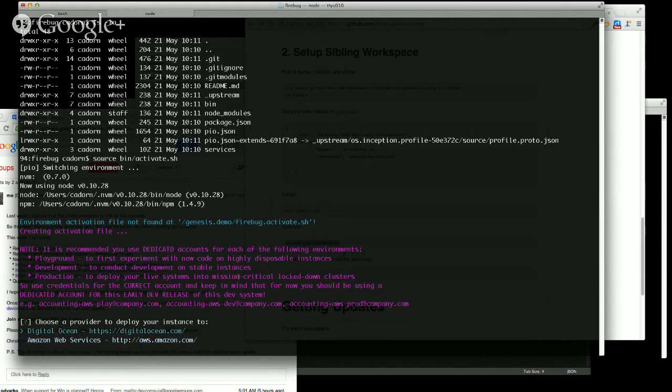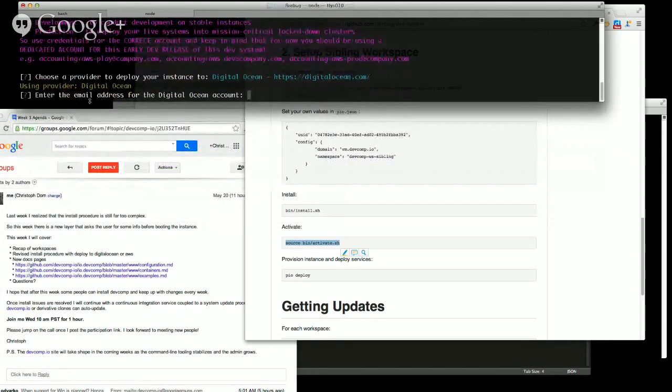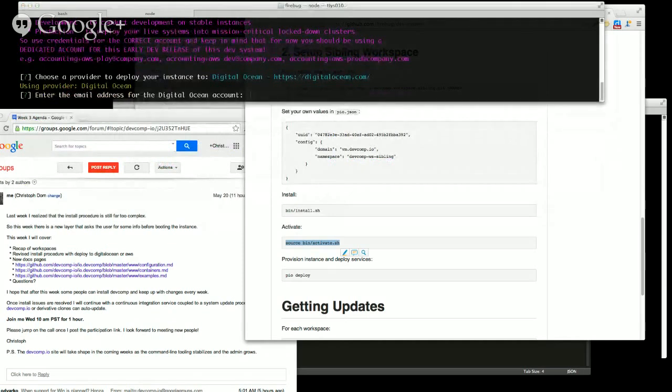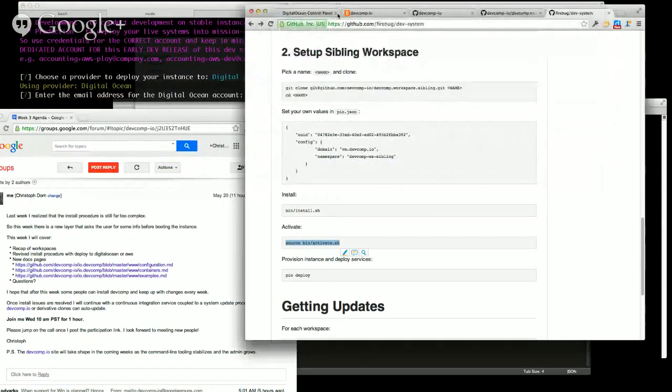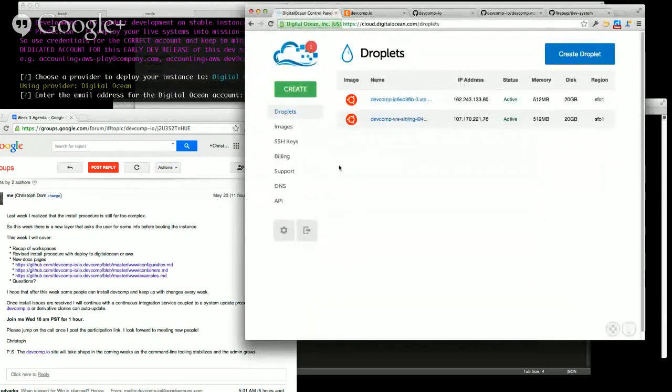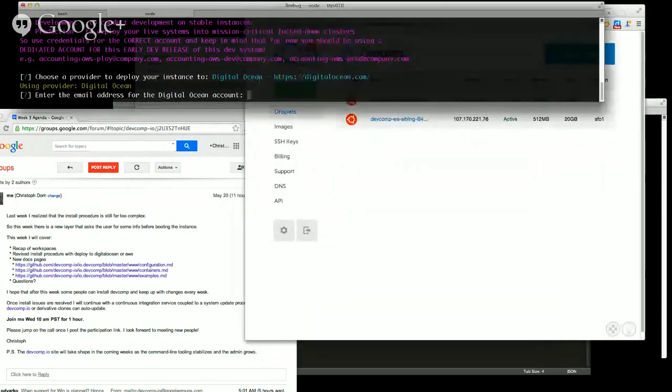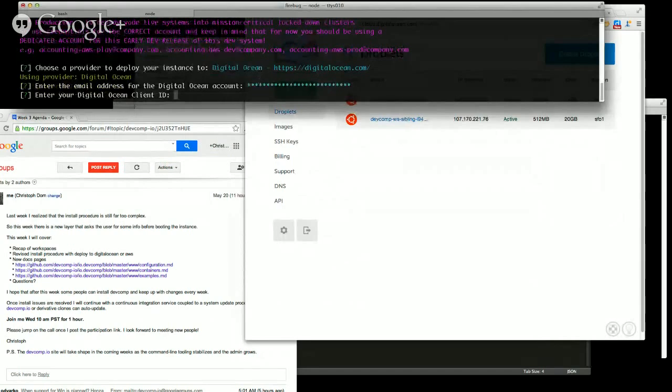So I'm going to select DigitalOcean, hit enter, and then it's going to ask me, enter the email address for a DigitalOcean account that you want to use. So I already have a DigitalOcean account created here, and I'm just going to enter my email address,